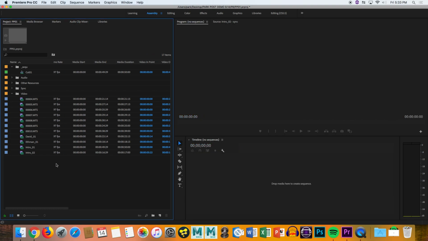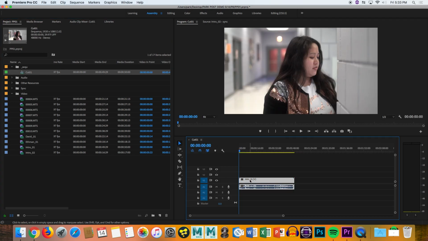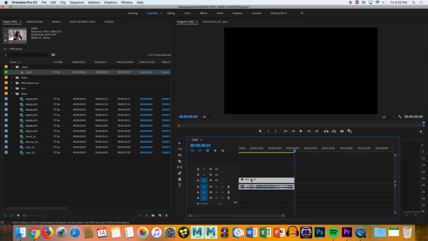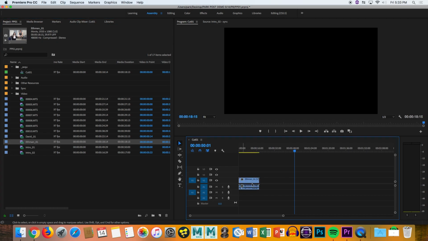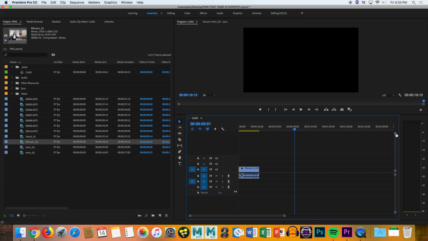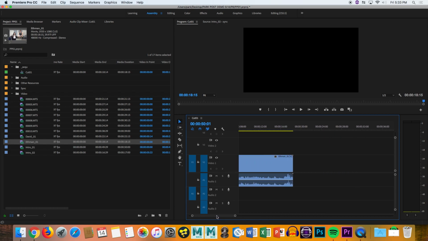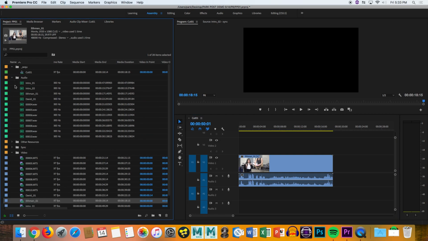Now that we have this sequence, I'll show you guys a somewhat easier method for some people of syncing sound. We can take my footage here and make this a little bit bigger. It was all from the same session, so you know that you're using the same camera. Then we'll resize this. And what do we have here but some scratch audio waveforms? So we can try to eyeball our audio